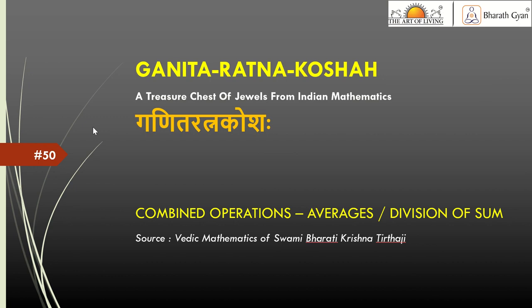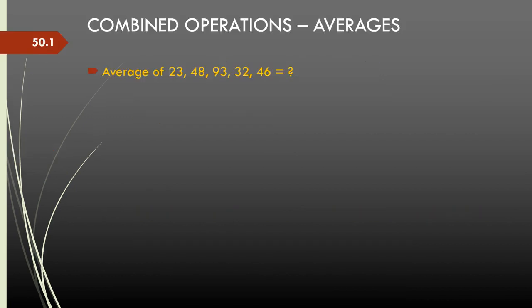Now we have looked at a lot of arithmetic operations in the last many videos, and if you notice, there is one single thread in all the techniques. We were trying to leverage the place value system to the extent possible to simplify our calculation. That is what we are doing in combined operations as well, because we look at place value by place value and do the combined operation result place value by place value, and in the end adjust them for any extra digits in each place.